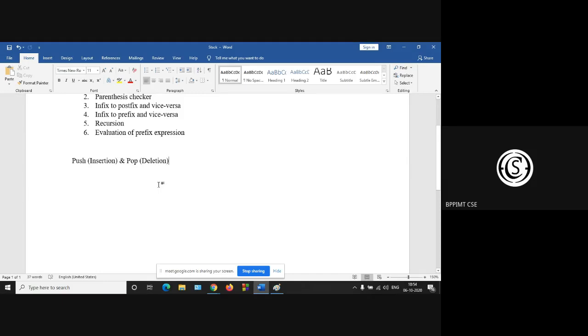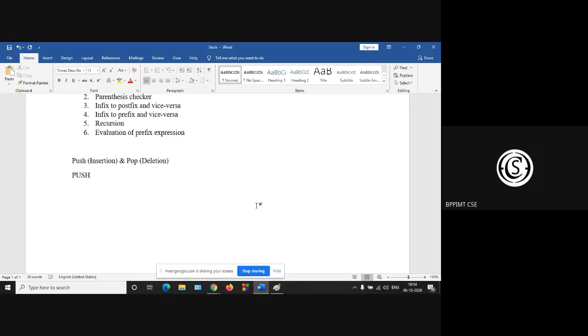Suppose one small question. The following sequence of operations is performed on a stack.